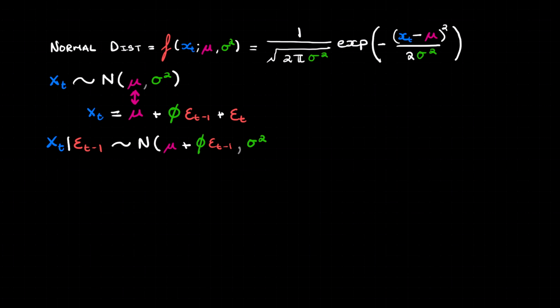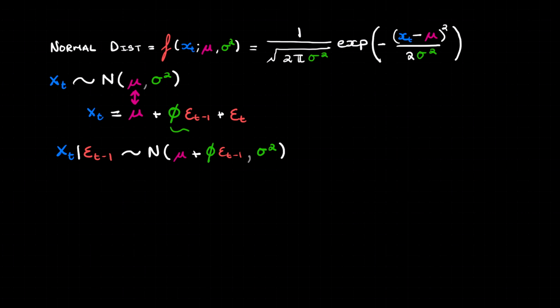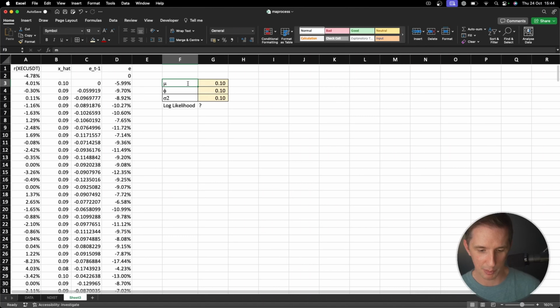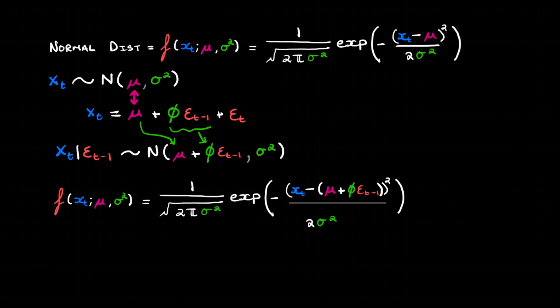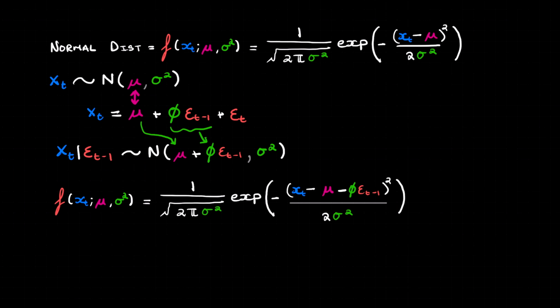So now I've got my three parameters. I've got my mu, I've got my phi, and I've got my variance over here as well. And then what I can do is take my normal distribution formula and substitute this mu with minus mu in brackets plus phi times epsilon sub t minus 1. Or another way to write that would be minus mu minus phi times epsilon sub t minus 1. And so this is now a function of x_t given epsilon sub t minus 1,